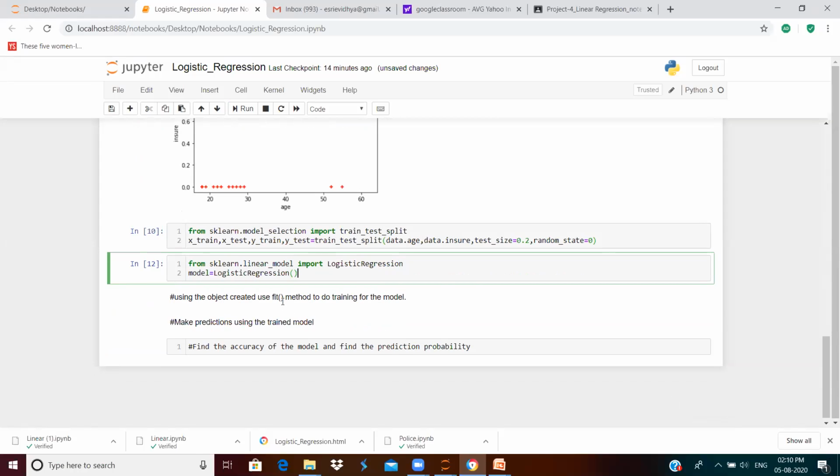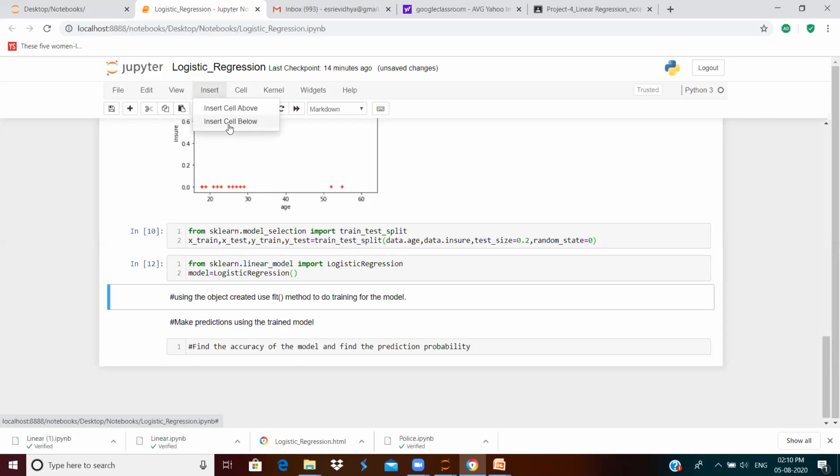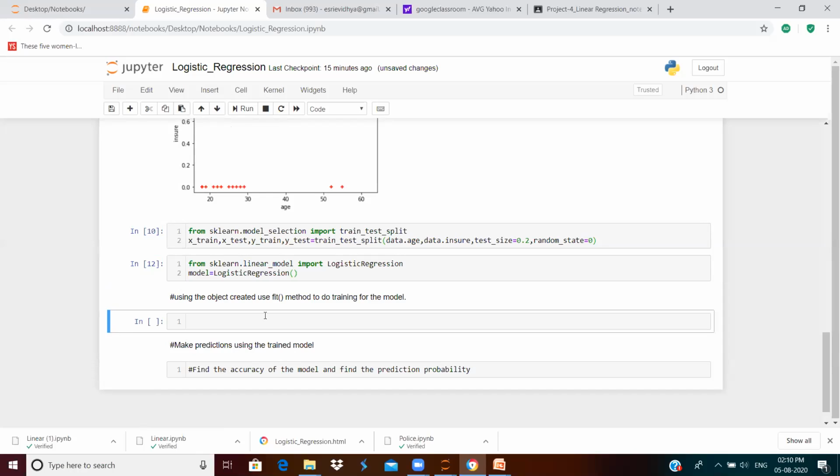So how do you train? You have to call the fit function, which is available in this logistic regression class.